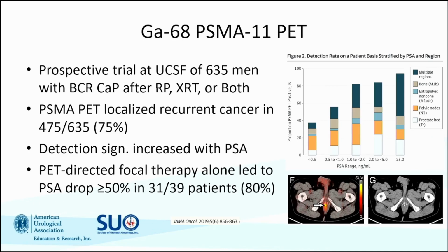The first looked at 635 men who had biochemical recurrence after radical prostatectomy, radiation, or both. And PSMA PET was able to localize the recurrence in 75% of men. They noted that PSMA PET had a detection that significantly increased with increasing PSA. And you can see over on the side the bars showing that as the PSA became above 0.5, the detection